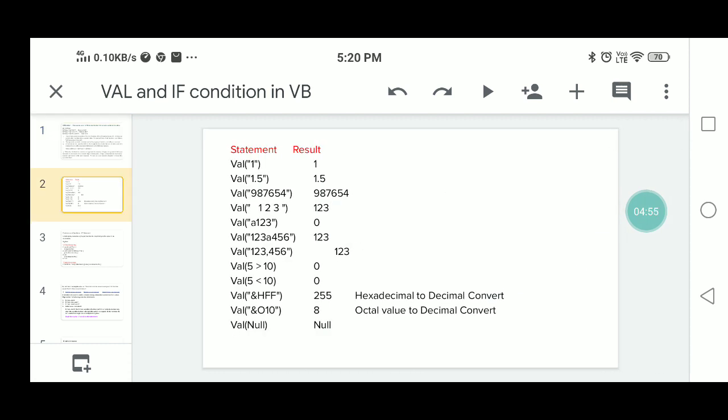Then next, here are examples of the Val function. Val of "1", inside the quotations, returns 1. Inside the quotations I take 1.5, it returns 1.5. Inside the quotations I can take 987654. These are characters. After the Val function, it will be returned